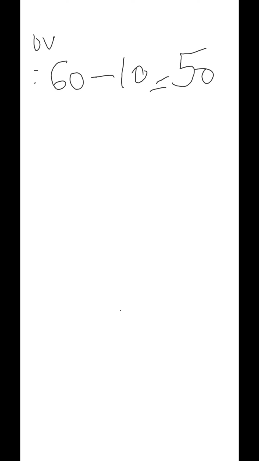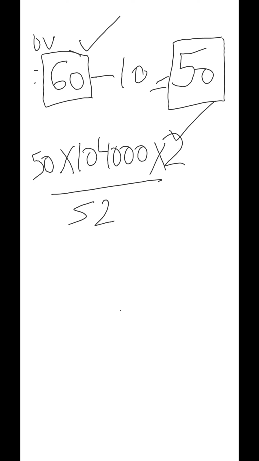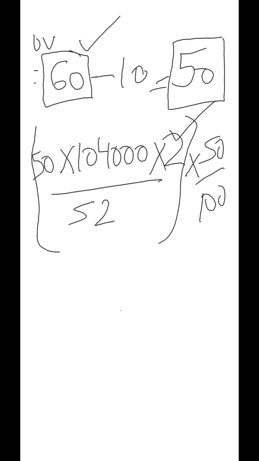कभी भी बेटा अगर आपको यही question total cost में दिया होता तो आप कितनी cost पे work in progress calculate करते? 60 पे. But since it's a cash cost approach, so you will take 50 rupees. Clear? Yes, ma'am. Okay, fine. So what you have to do is calculate overhead on 50. Number of units is 1,04,000. Average is 2 weeks, that is 2 by 52, and it is calculated at 50%. This is for your overhead.